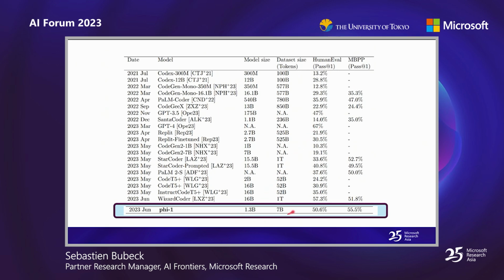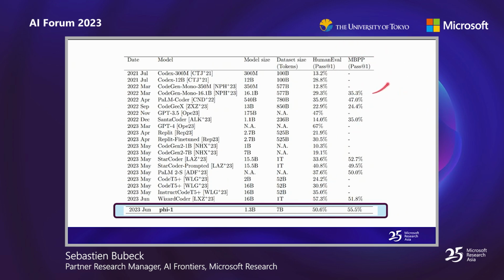Now, 5.1, look at these numbers. Look at how tiny it looks compared to the competition. It's only 1 billion parameters, so smaller than everybody else. It's only 7 billion tokens, so incomparable with any of these other guys, and it scores 50% on HumanEval. And just to show you very quickly in one sentence that it's not overfitted to HumanEval,